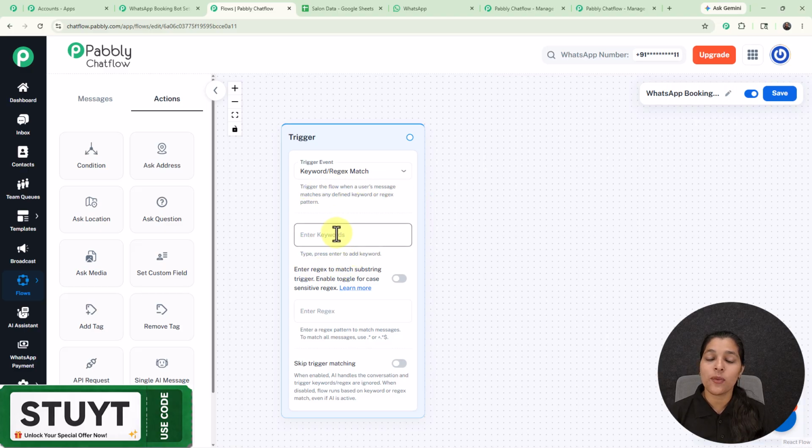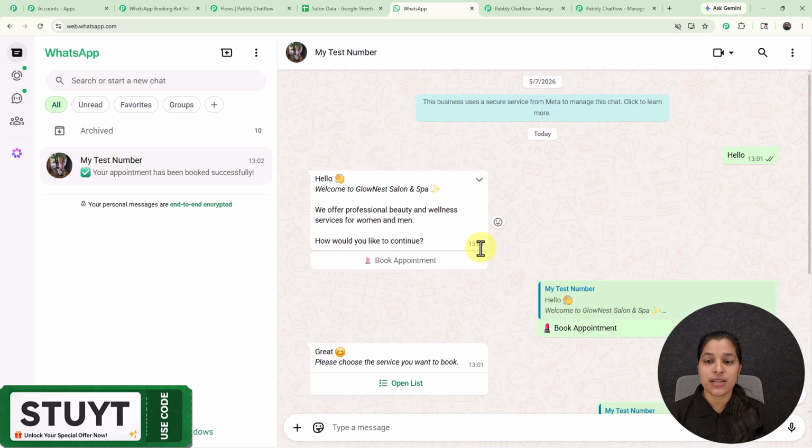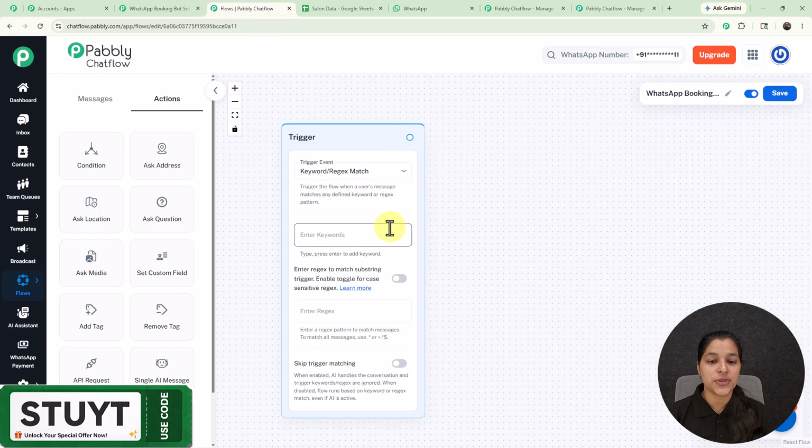Now you might be thinking, what is this keyword? So as we have recently interacted with our WhatsApp chatbot, we have initiated it by entering this message, that is hello. So this is the same keyword which I'm going to enter over here. So here I have entered it, and afterwards we are getting this option for regex, which is basically used for